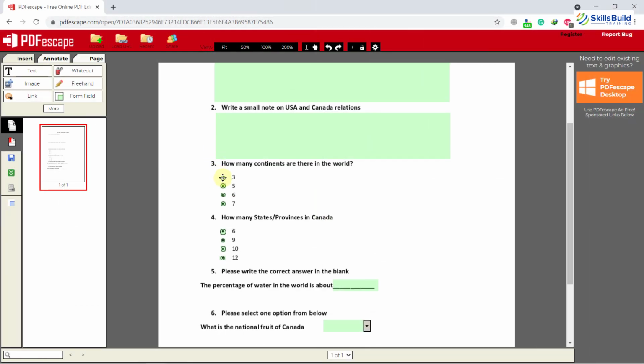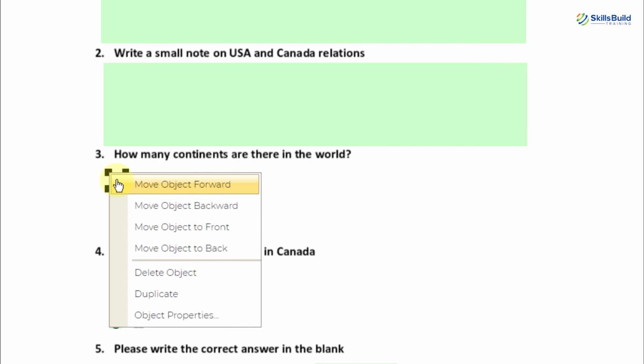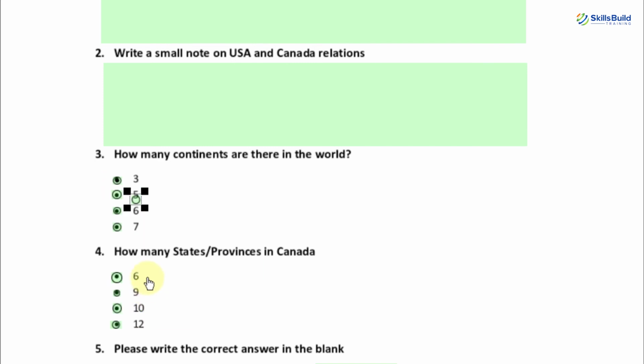So this is my PDF escape file. So what you can do, you can right click on it again and you can make it a duplicate, and what it will do, it will have the same size just like this one. So you can drag it and drop it anywhere, and again it will make sure that we have the same size for every component which we can use or which we are going to use in our documents. And you can do that with every component.